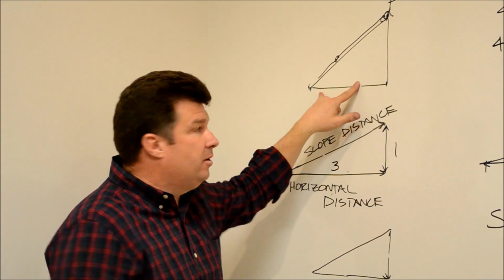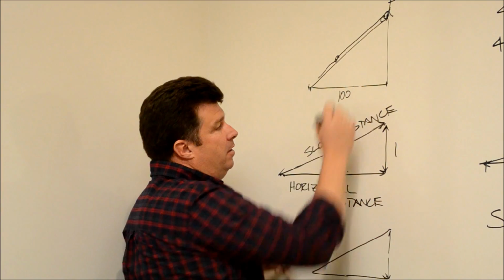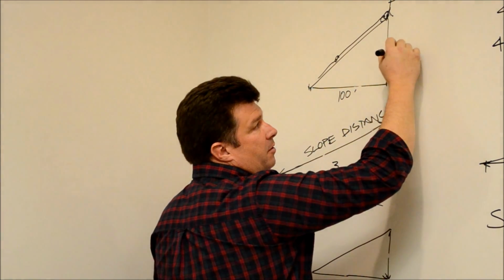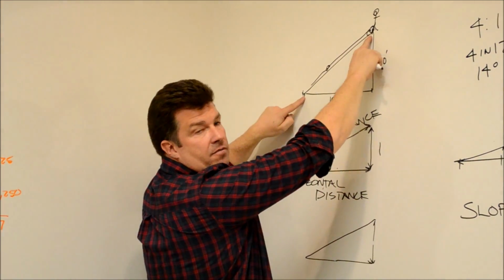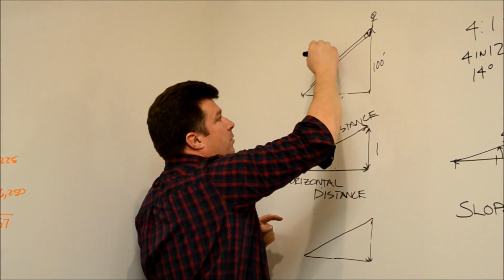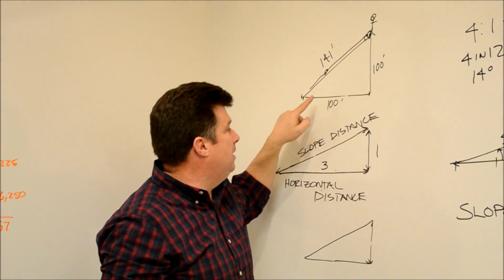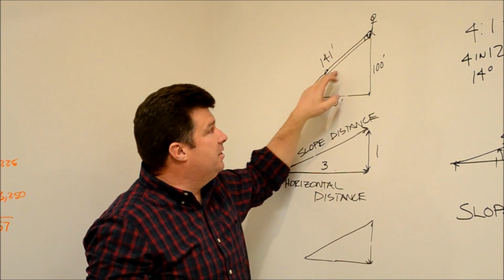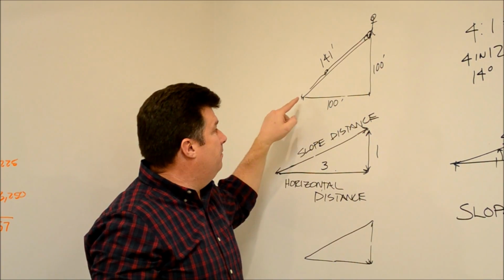As I talked about earlier, if this is one unit, let's say it's 100 feet on our horizontal distance, and our vertical distance is 100 feet also, the length of this line will be 141 feet. That's the slope distance that we need to measure. The most accurate way to measure slope distance is with a wheel or with a tape or some physical way